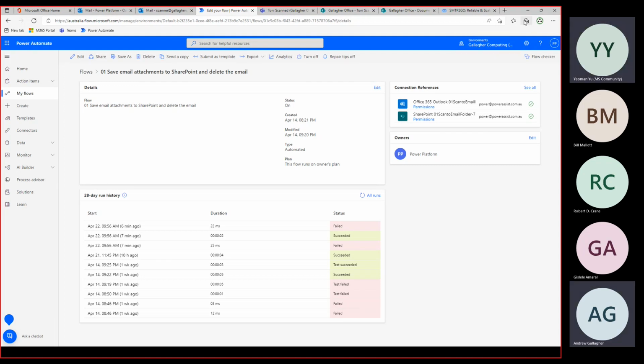Are you going to take the screen over, Yeoman? I am. And while he's doing that, I'd just like to express how excited I am to actually try out this solution of yours.